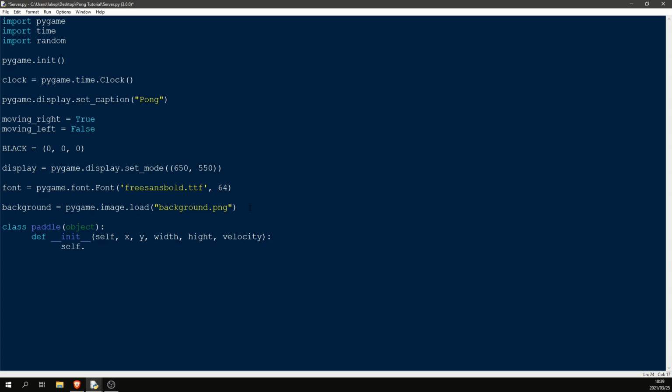And then let's just define, and now we're just going to initiate all of these variables. So self.x is equal to x, self.y is equal to y, self.width is equal to width, and self.height is equal to height. And then self.velocity is equal to